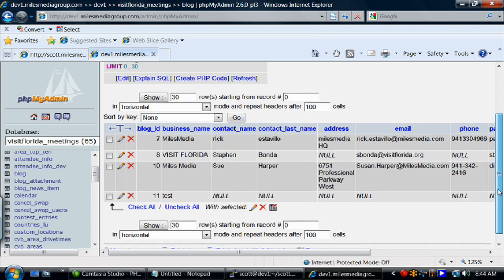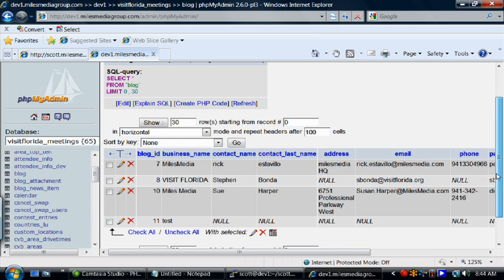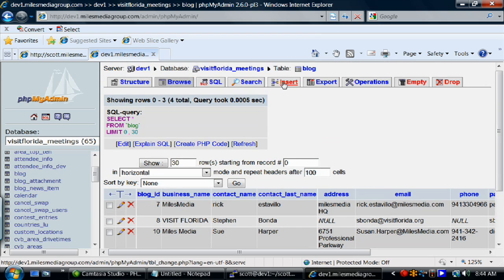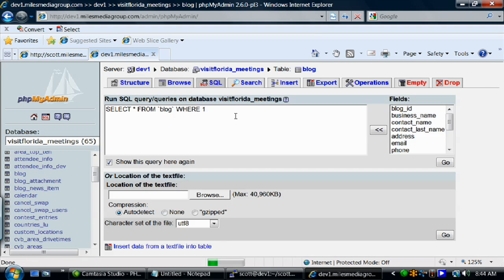And this PHPmyAdmin is a wonderful thing for manipulating the data directly. If you need to go in there and manually insert another record, if you need to just browse and read what's in it, you can actually write instructions right here, SQL statements right here, select star from, or insert into whatever. If you need to run a function, if you need to test a function, if you have something written in your script that's not working, if for some reason you can't tell what the problem is,